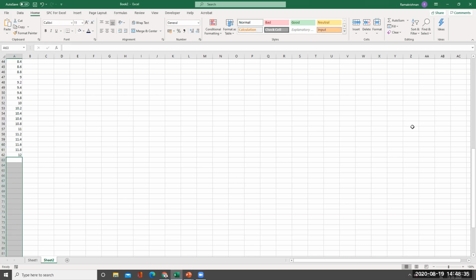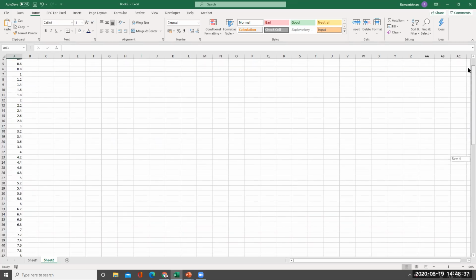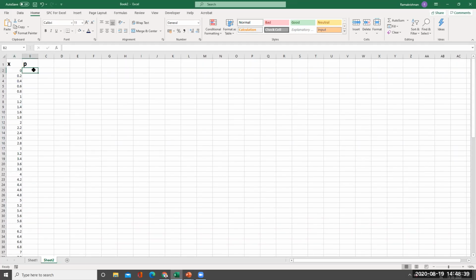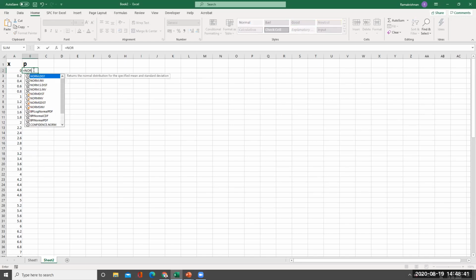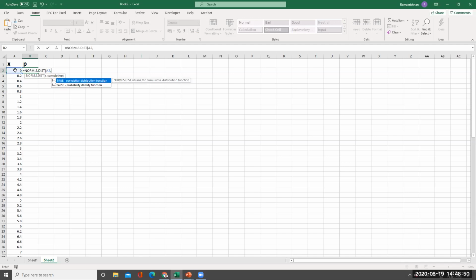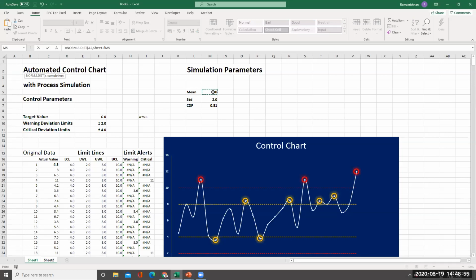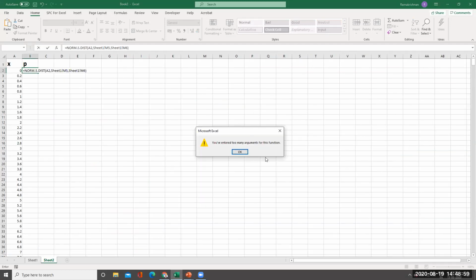Now I'm going to use the normal distribution point equal to NORM.DIST. Norm distribution, I'll put this equal to, for this value, comma, the mean value, I will take it from our value. We can change it, right? Comma, standard deviation, I'll take it from here, close it. Not N6, no, it should be N6.